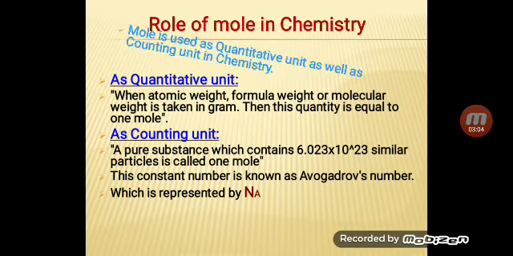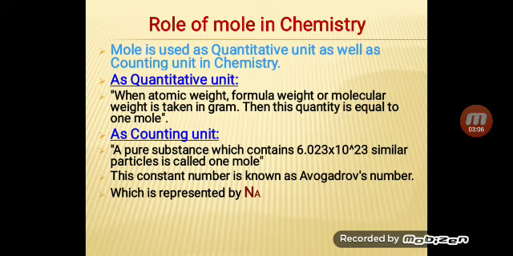So mole is used as quantitative unit as well as counting unit in chemistry. As quantitative unit, when atomic weight, formula weight or molecular weight is taken in gram, then this quantity is equal to 1 mole. As counting unit, a pure substance which contains 6.023 × 10^23 similar particles